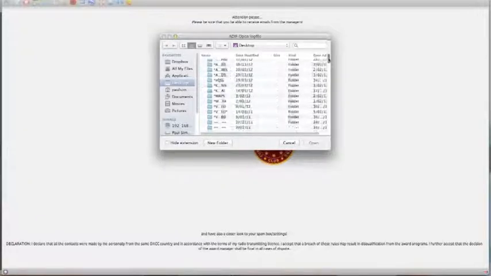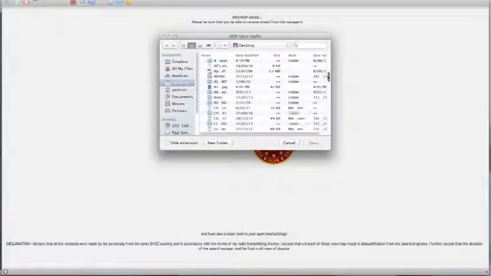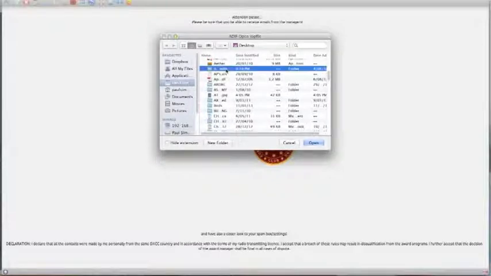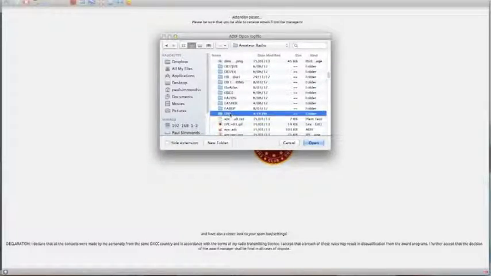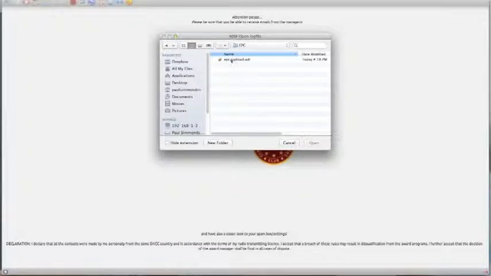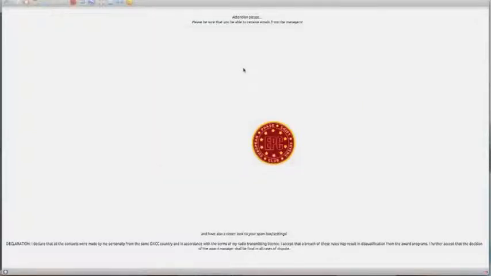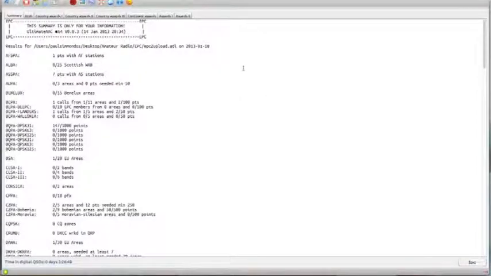I've saved my particular ADIF file here today in my amateur radio file, and in there I have an EPC file, and within the EPC file there's my latest upload that I'd like to get onto the system, EPC2 upload ADIF. So we've now opened that up and you can see it's actually uploading to the site here, and this is a summary that's now come up. It's been successfully uploaded onto the system,